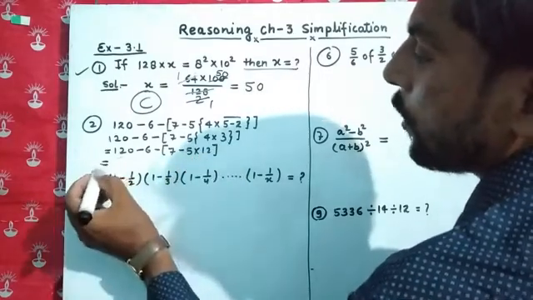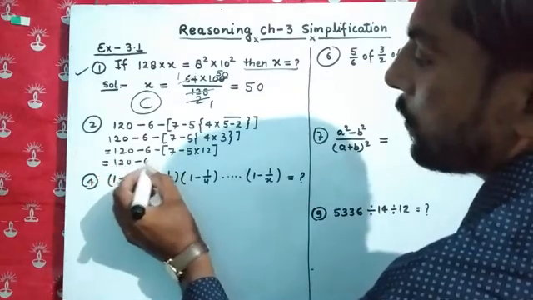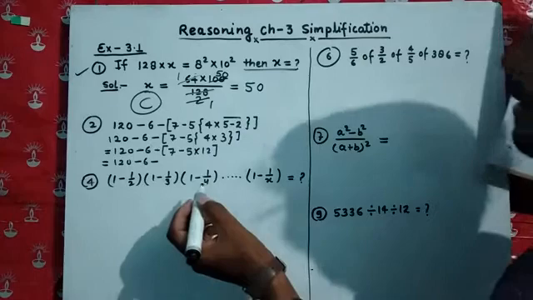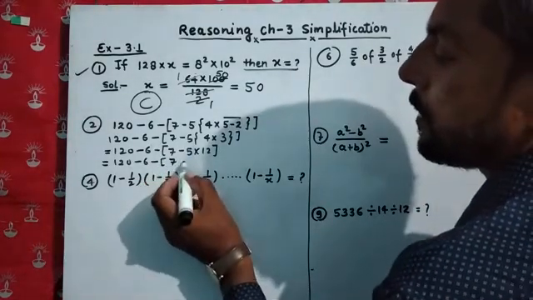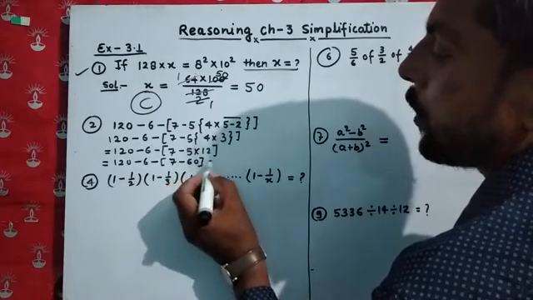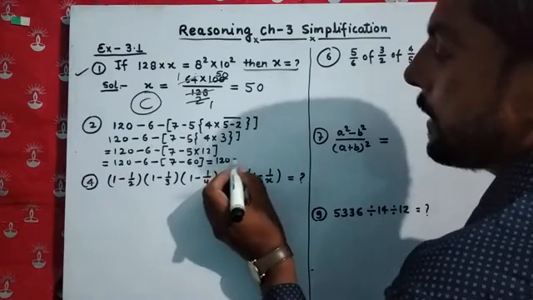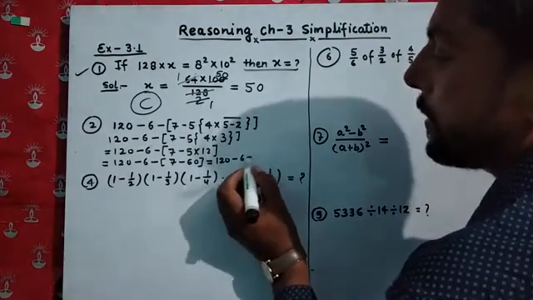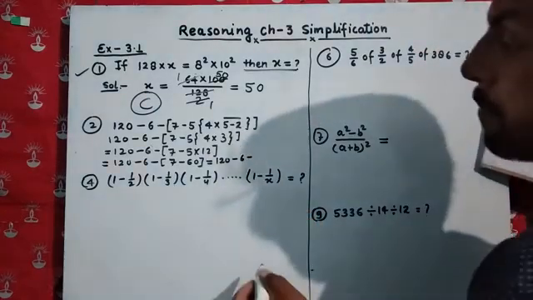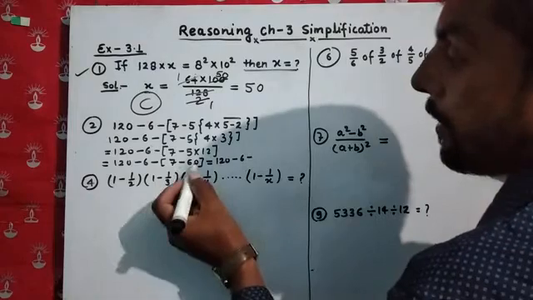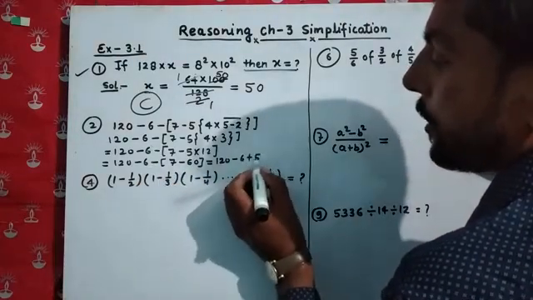Now we solve the multiplication first, because according to the BODMAS rule we have to solve the multiplication first. So it becomes 7 minus 60. Now what we will get: 120 minus 6 minus 7 minus 60. 7 minus 60 becomes minus 53, and whenever the minus sign is multiplied, it becomes plus 53.